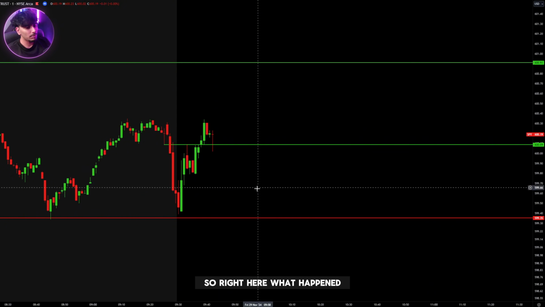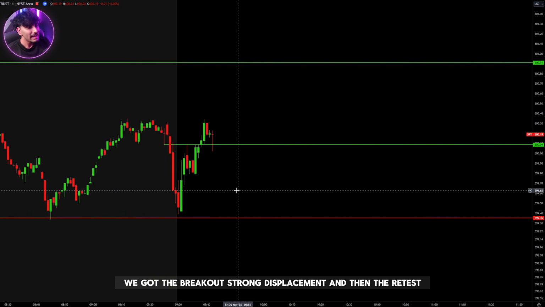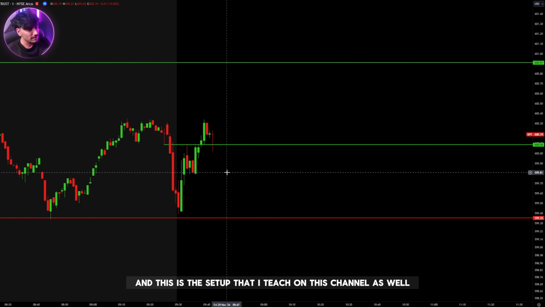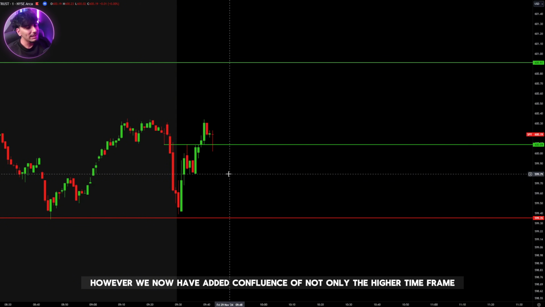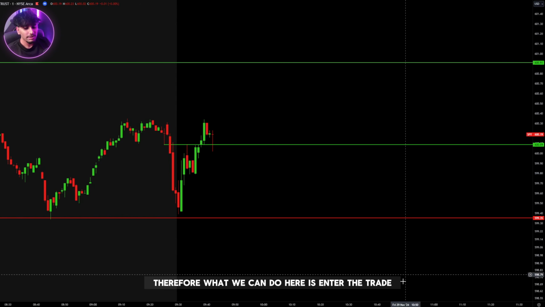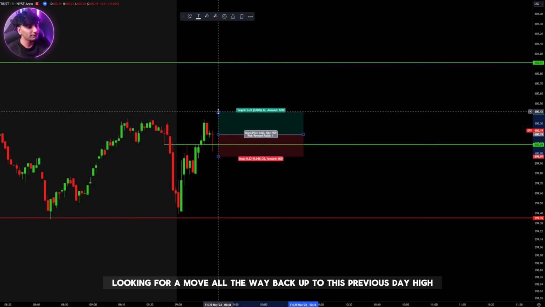So right here, what happened? We got the breakout, strong displacement, and then the retest. Now notice, this is the 5-minute range retest setup, and this is the setup that I teach on this channel as well. However, we now have added confluence of not only the higher time frame, but this lower time frame confirmation with price action. Therefore, what we can do here is enter the trade looking for a move all the